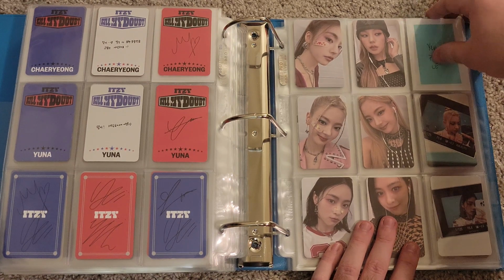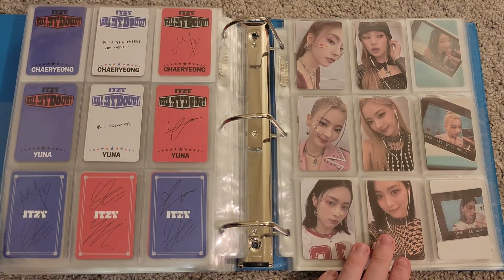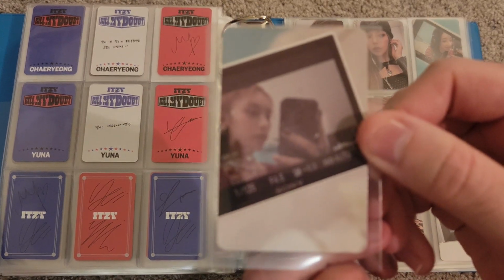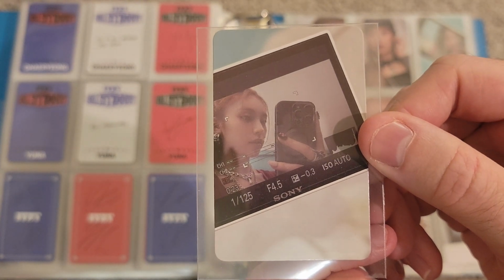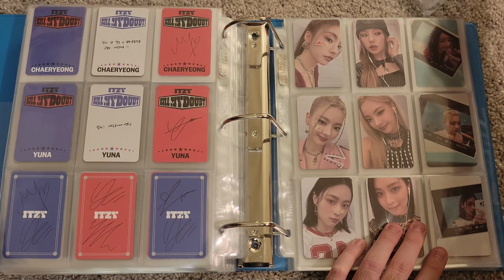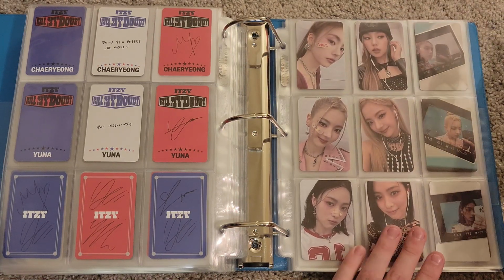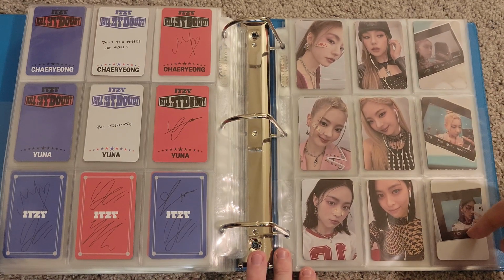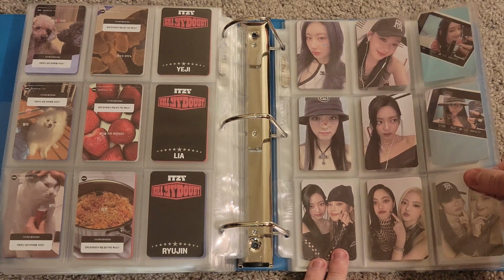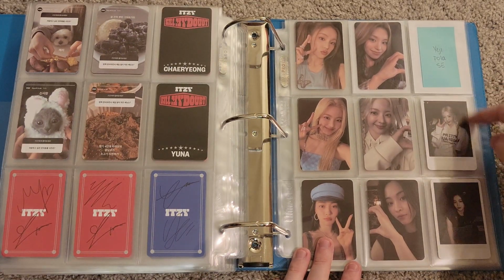This is where we have to put our Yeji photo card. So we'll stop here and get this Yeji photo card. Focus, thank you. But we'll put her up here in the top corner. So now this set is fully complete, and we are just awaiting on this one, which is the Polaroid style